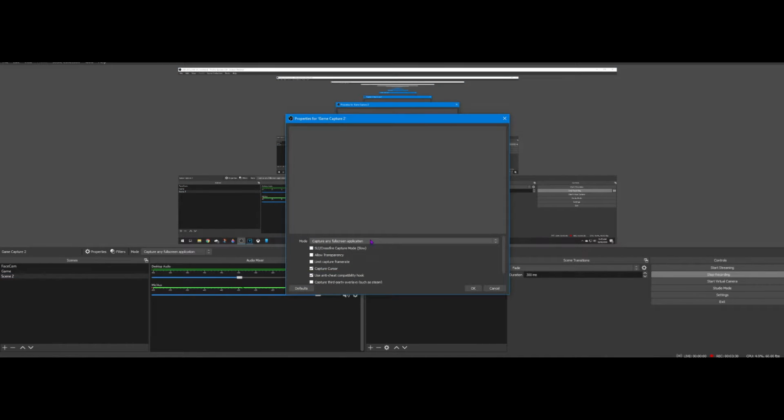If you're recording gameplay, I always like to do game capture because sometimes display capture is a little finicky. You'll hit game capture, and you can capture any full-screen application or choose a specific window, like Windows or Sony Vegas or Paint Studio. When you do this, it will show whatever is in the background. And of course, you've got to remember layers, so if you put this below or above. To add a webcam, we're going to go to video capture device, and we'll just name it webcam